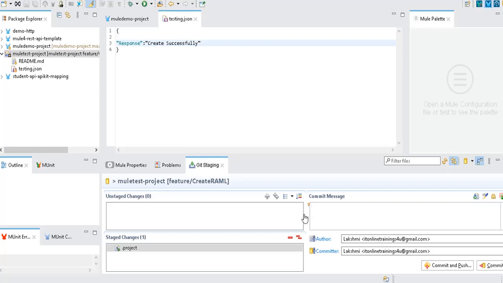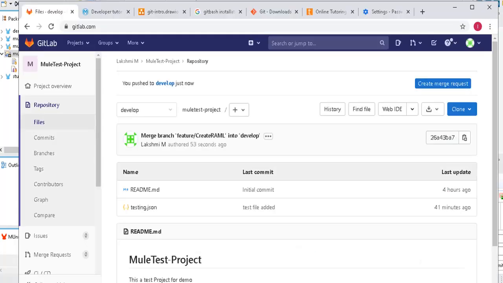Okay. So far we have seen how we can commit the code, push the code to the remote repository, merge the code, everything. Now let us see how we can pull the code from the remote repository to the local repository. The need for this is, let us take the other project which has the proper Mule structure. Okay, this is the dummy project, right?